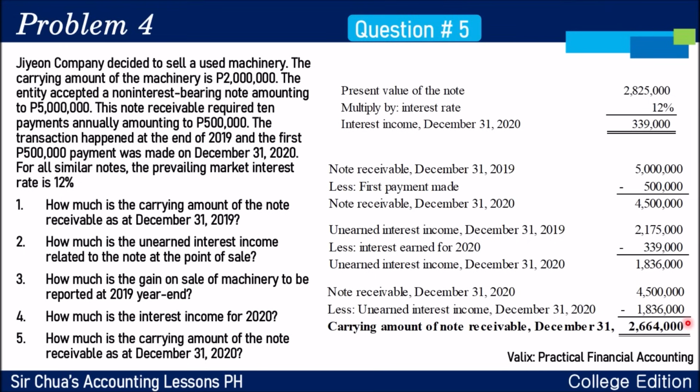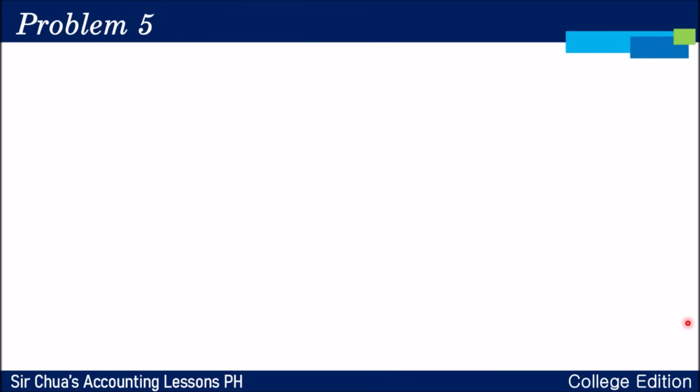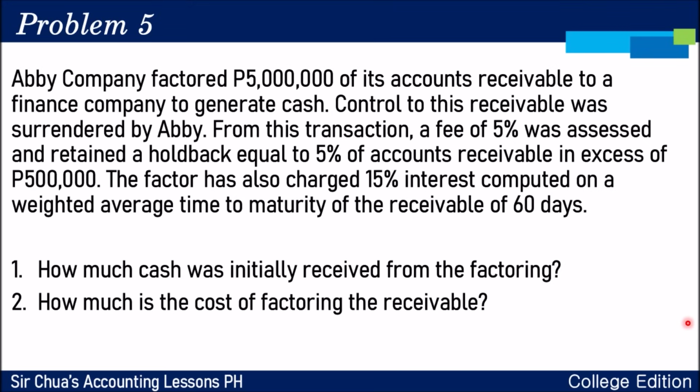Okay? And then last problem, problem number 5. Abby Company factored. Ito po, factoring yung problem. 5 million of its accounts receivable to a finance company to generate cash. Control to this receivable was surrendered by Abby. From this transaction, a fee of 5% was assessed and retained a holdback equal to 5% of accounts receivable in excess of 500,000. The factor has also charged 15% interest computed on a weighted average time to maturity of the receivable of 60 days. How much cash was initially received from the factoring and how much is the cost of